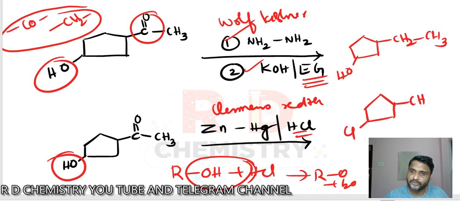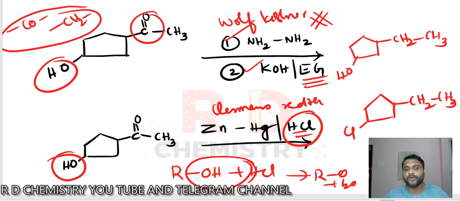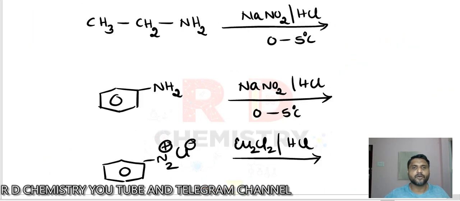Here CH2 and CH3 are formed, correct? So remember, whenever OH groups are there, they are acid sensitive. Therefore, if I want to convert only CO to CH2, the best reagent is the Wolff-Kishner reagent, because it does not affect the OH group. Clear? Next one, you have got primary amine, aliphatic primary amine and aromatic